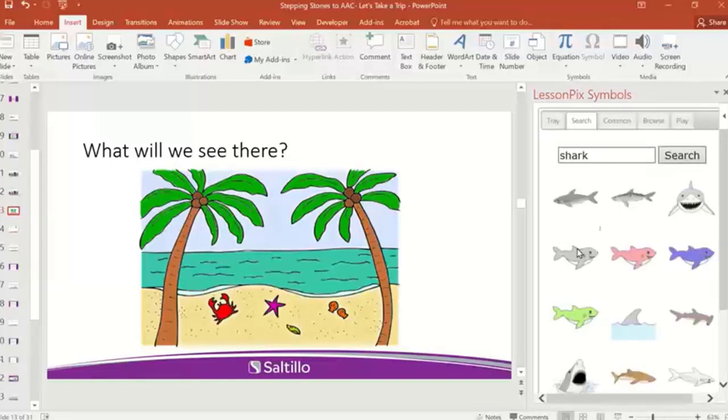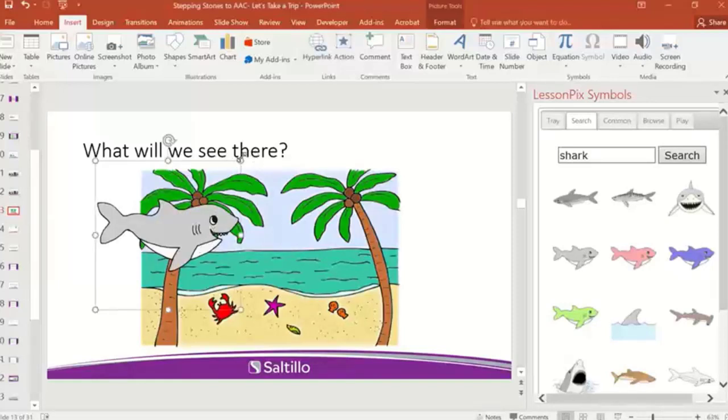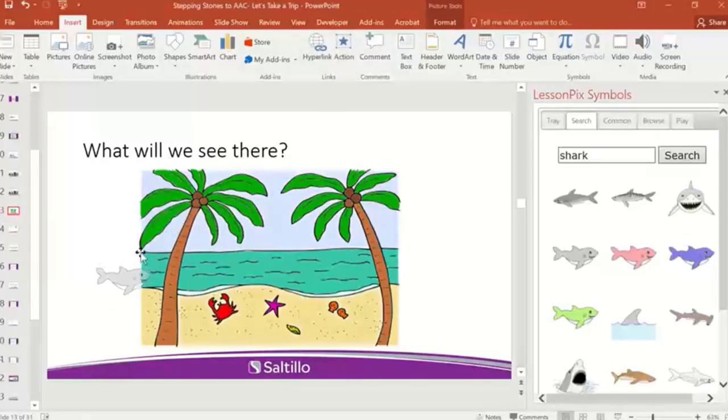Ooh, okay. I'm going to pick a cute shark, though. I'm going to add a cute shark. Where should the shark go? Should he be in the water, not in the tree? Okay. Yeah, see? In the water. All right. I'm on it. All right, bucket.